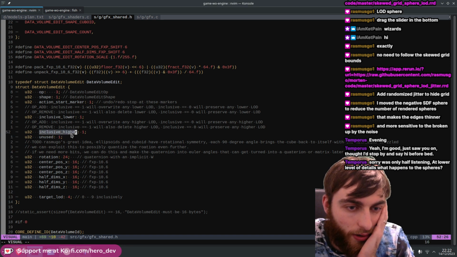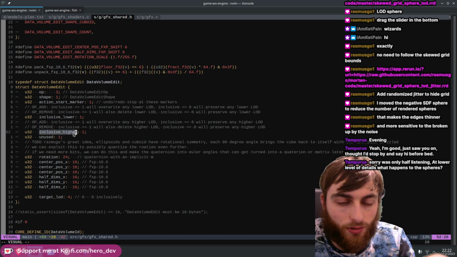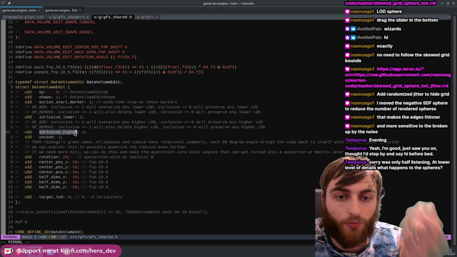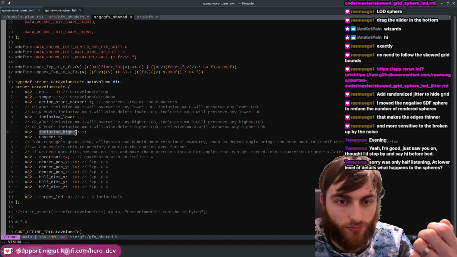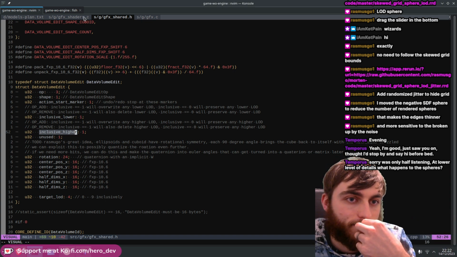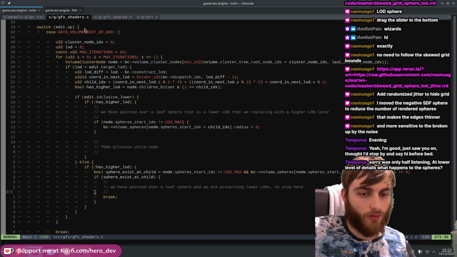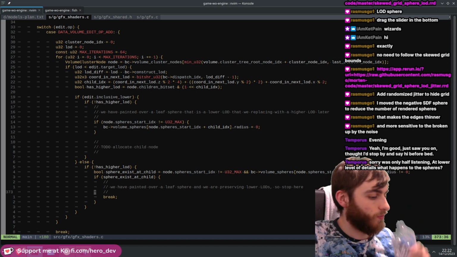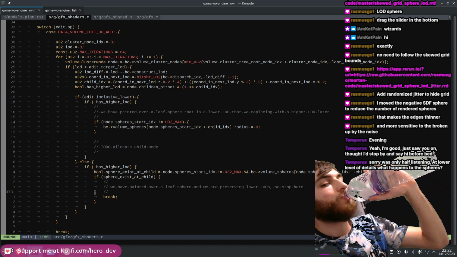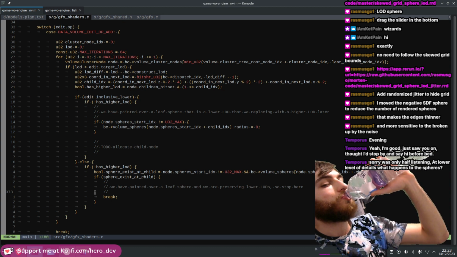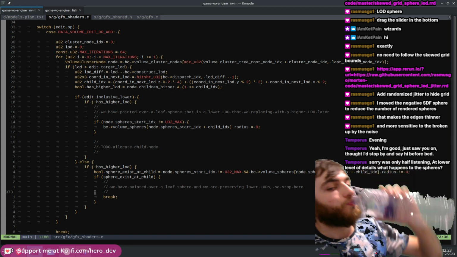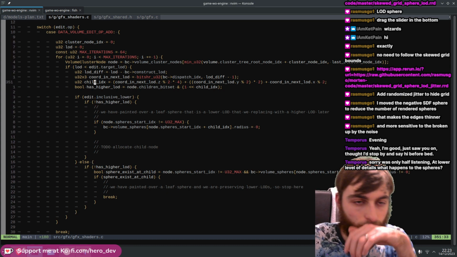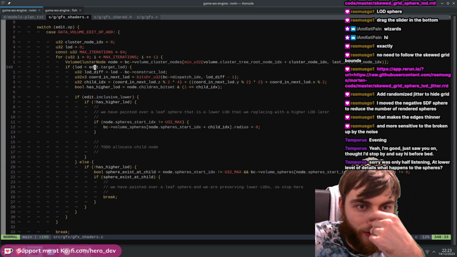So this higher one is the opposite way round, where you're painting a lower level of detail, but do you want to get rid of the high level of detail, right, that's in the scene? So if LOD is less than target LOD,